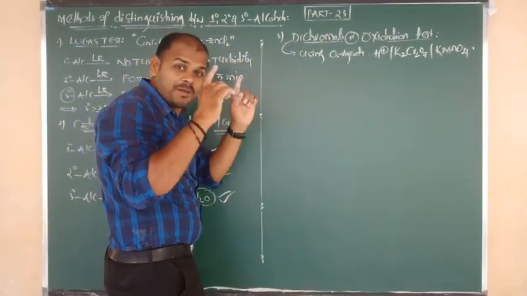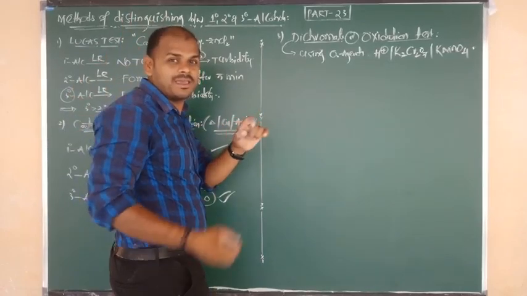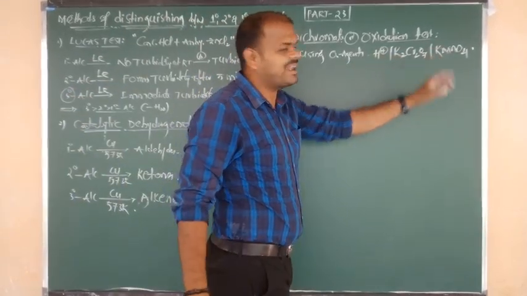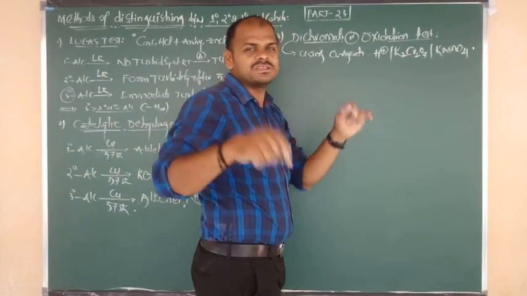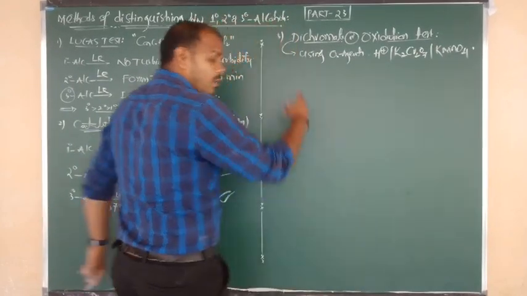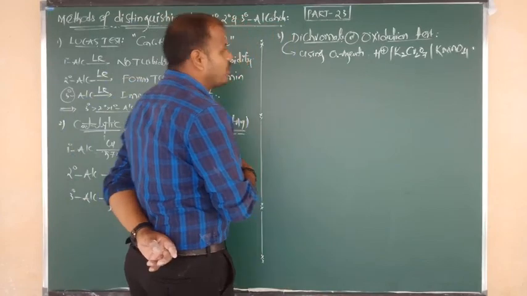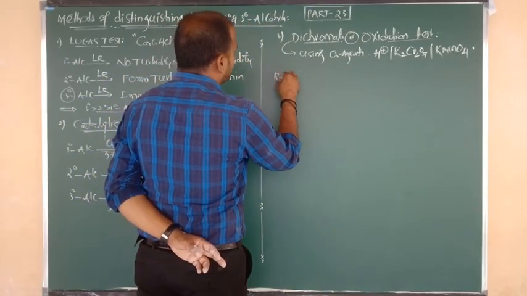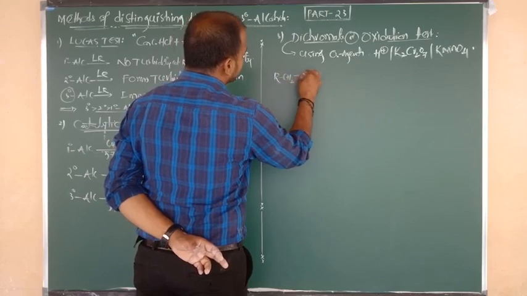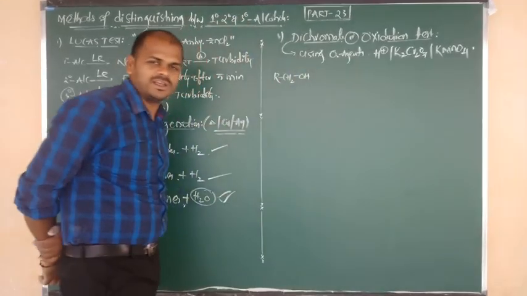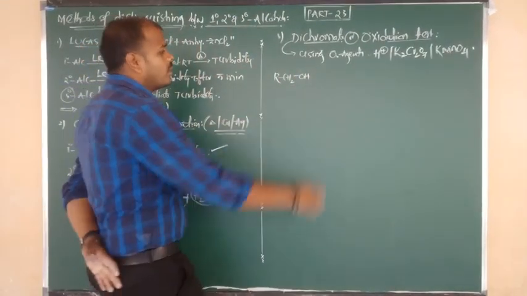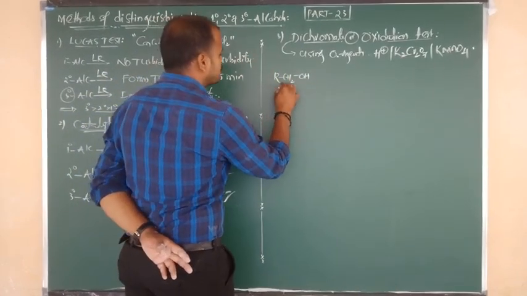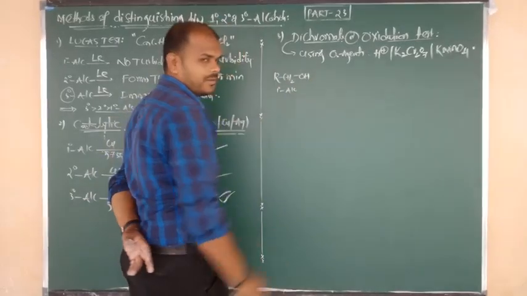Already I told you, we studied in the oxidation topic, oxidation of alcohols with acidified K2Cr2O7 and KMnO4. Clear notes are there in the previous video class. Once again I am going to discuss it for you. So let us consider first of all a primary alcohol: R bonded to CH2, bonded to OH. OH connected to carbon, carbon connected to another alkyl group. So this is a primary alcohol.